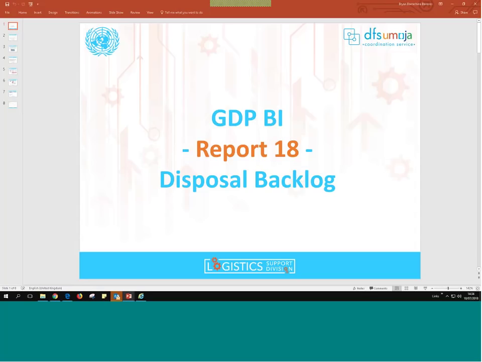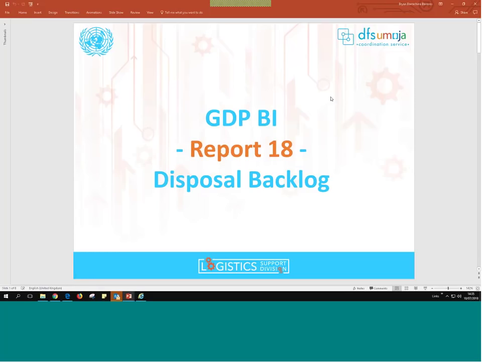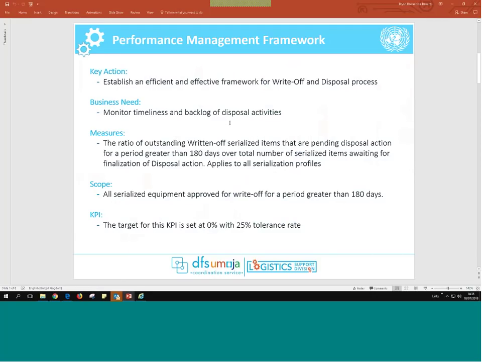But let's stick to report 18, which focuses on the disposal backlog. And this is an AWS report. Hopefully this one loads and works better the first time around. So quickly to go over the business need and what this report is for. It monitors timeliness and backlog of disposal activities. And how this is done: it measures the ratio of outstanding written off serialized items that are pending disposal action for a period greater